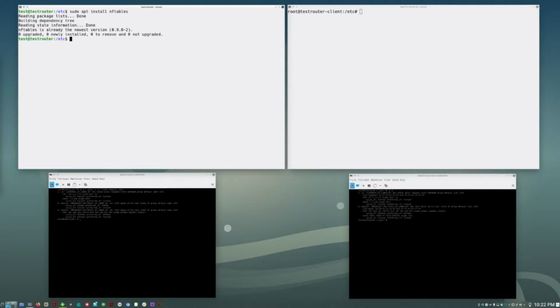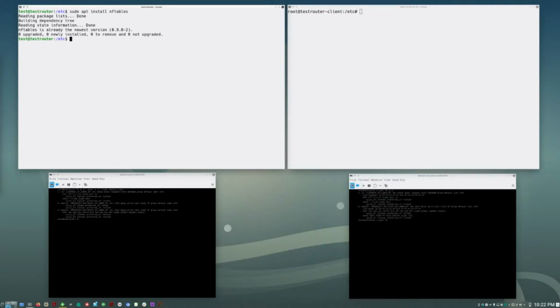You know, there's going to be some extra stuff that I don't necessarily need to do that you might. So that saves you the pain of watching me install nftables, I guess. It's really quick, it'll take you like a second. Anyway, so now that we have nftables installed, hopefully that went smoothly for you, we can go into the sysctl.conf